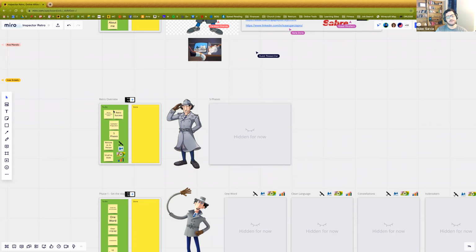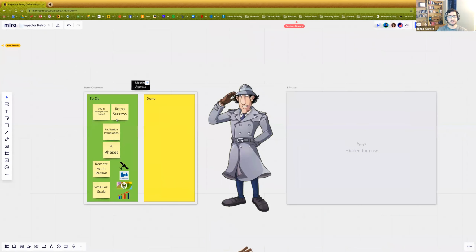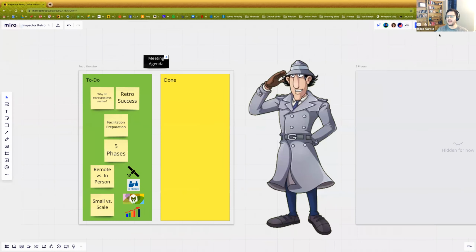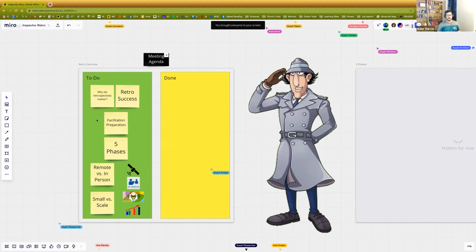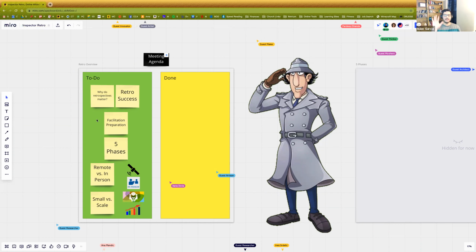You came here to learn about retrospectives. So I'm going to zoom in down here into our retro overview, and I'll go ahead and pull everybody to me, and I'm going to pause right here. So far, does anybody have any questions about what we've covered so far, or anything that they need help with? If you need admin help, anything like that, I'll just pause for a few seconds before I continue forward.